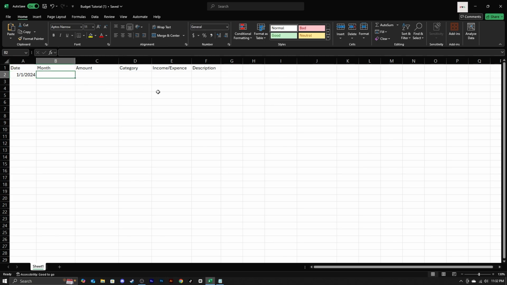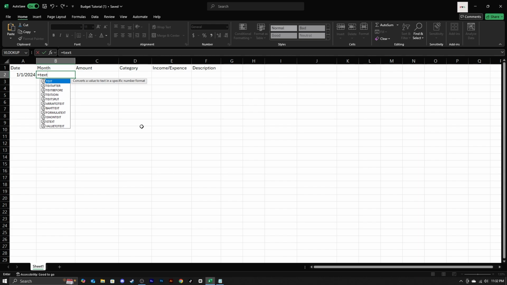Second thing, month. This one's a little bit difficult. First thing I'm going to do, equal sign. That's going to show Excel that you're using a formula. So we're going to write TEXT, hit tab. Now, easiest way, go to the arrow keys. Just arrow key over left one. For the value, we want the date because we want to know what the month is. So after that, we're going to hit comma and then